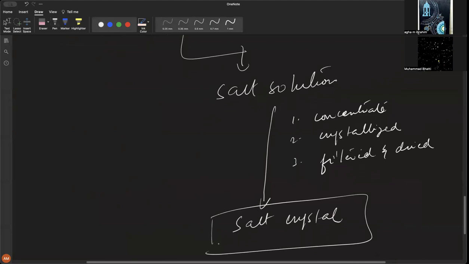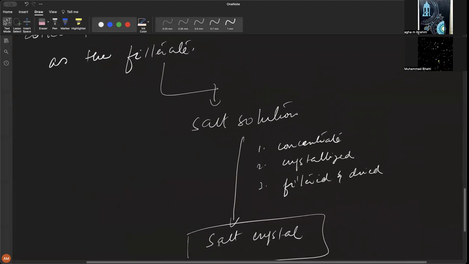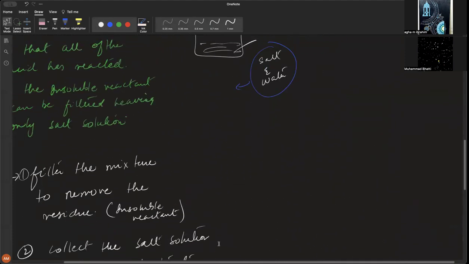You understand this as this point? Yes. You see how this method worked,